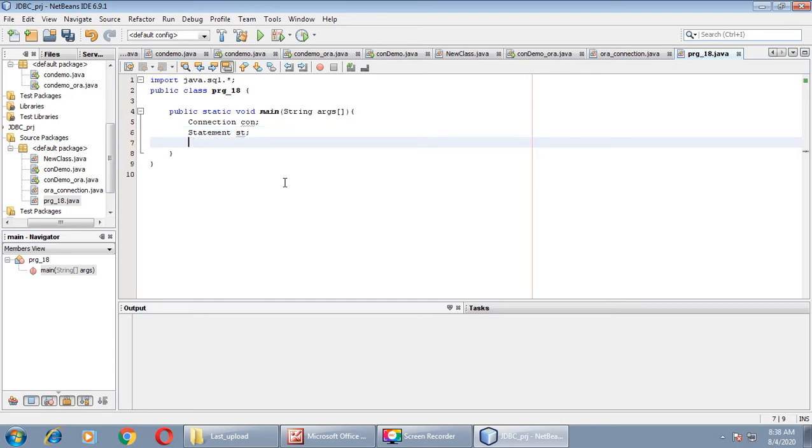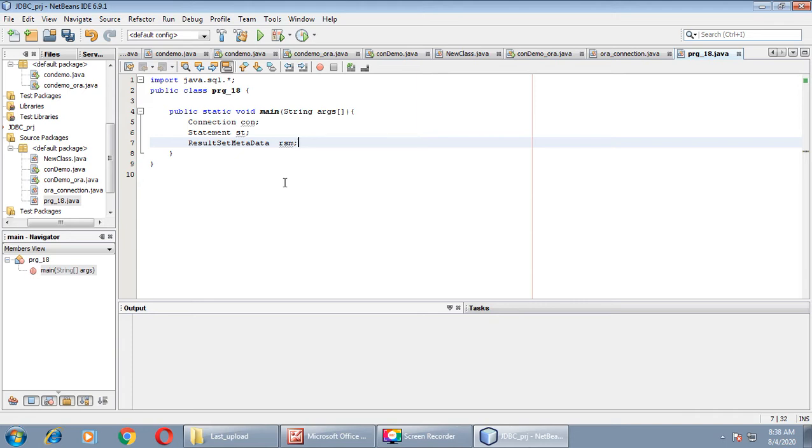Next, ResultSetMetaData. ResultSet, here again we need the S in capital letter. ResultSetMetaData, M is capital, Data D is capital. ResultSetMetaData class and the object name is rsm.